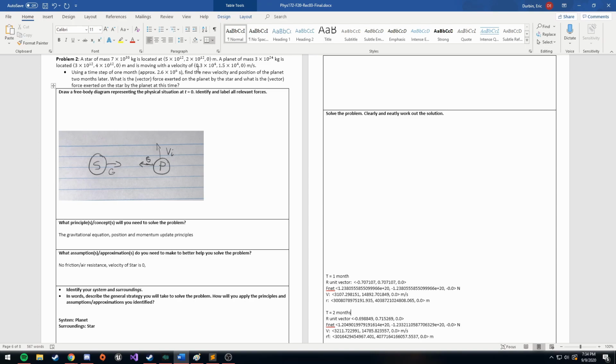How many zeros is this? I don't want to convert this to scientific notation. 1, 2, 3, 4, 5, 6, 7, 8,